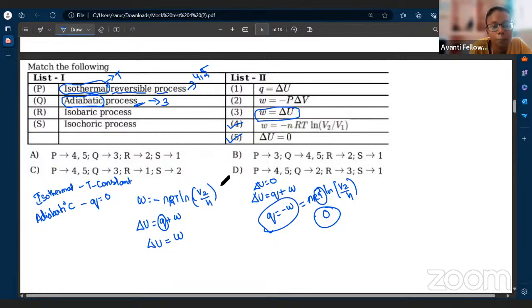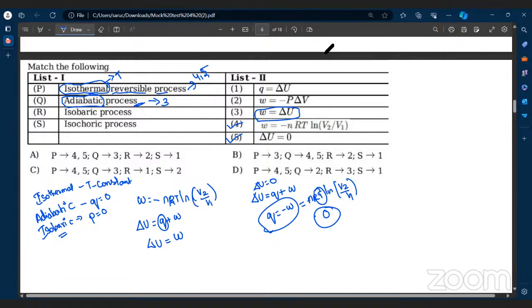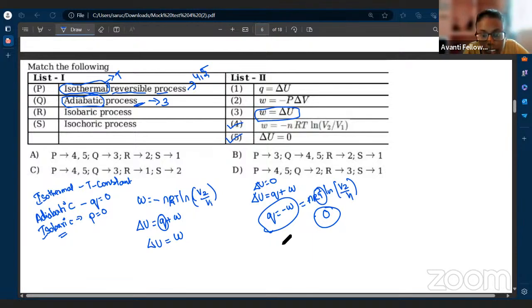And the isobaric process. For an isobaric process, which will remain constant? Bar is the unit of pressure. Yes, so in an isobaric process, pressure remains constant. Okay, so the change in pressure is going to remain 0. Now when you evaluate over here, we know that delta U is equal to Q plus W.